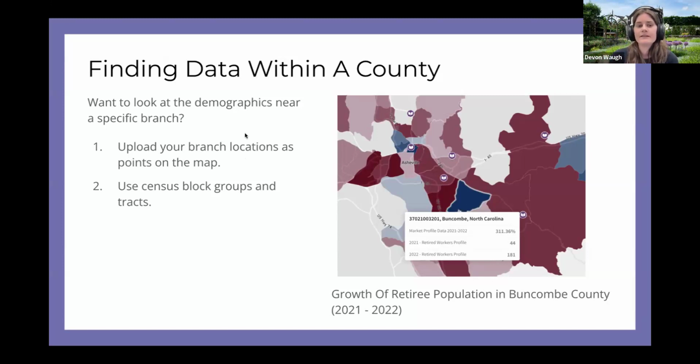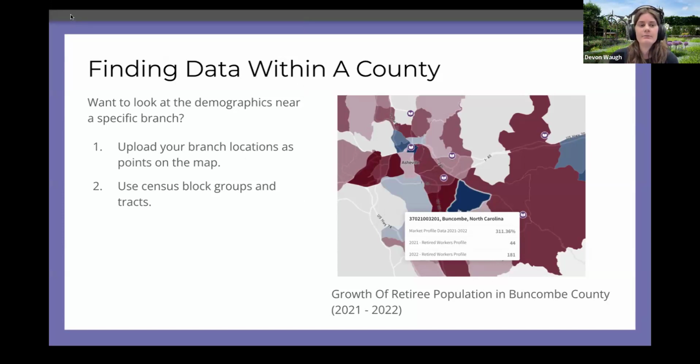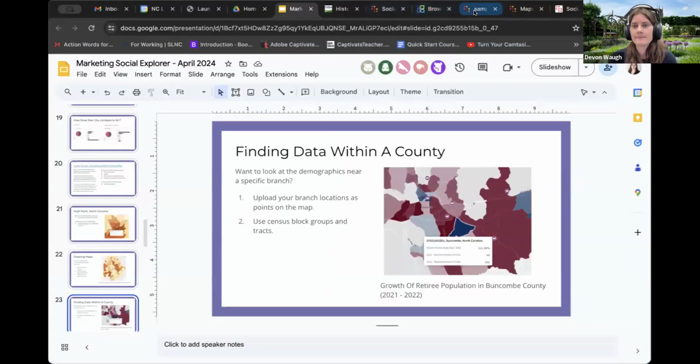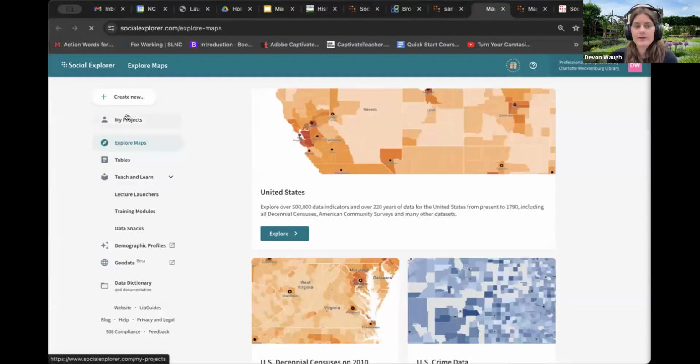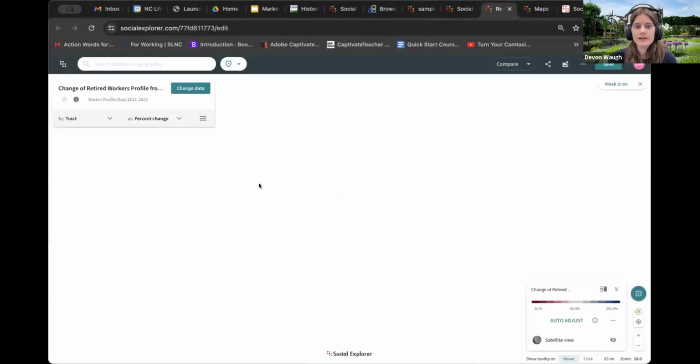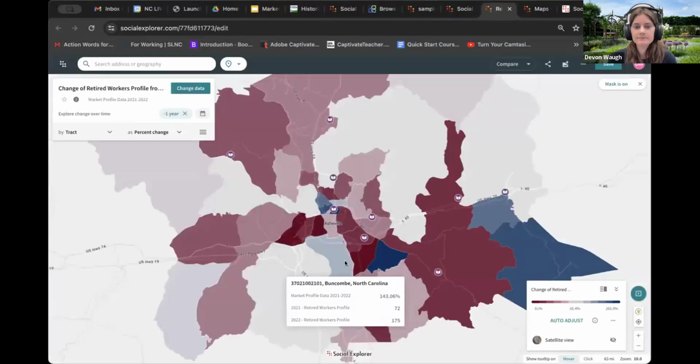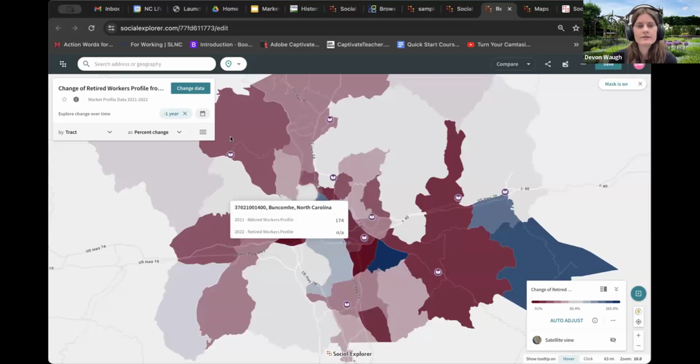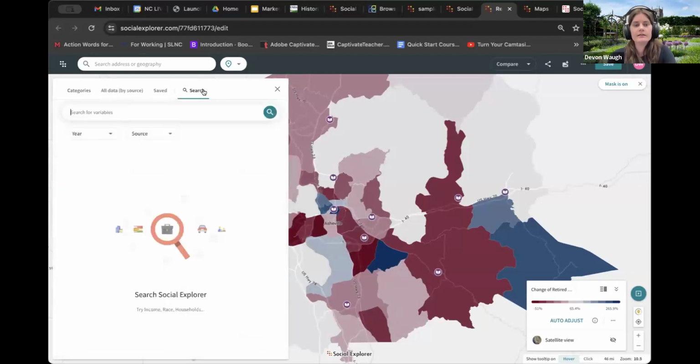The way that I created this map, I'll show you what that looks like in Social Explorer. So I'm going to go to my projects, and I'm going to go to retirees, Buncombe County. And all I did to start off with this map is I looked up